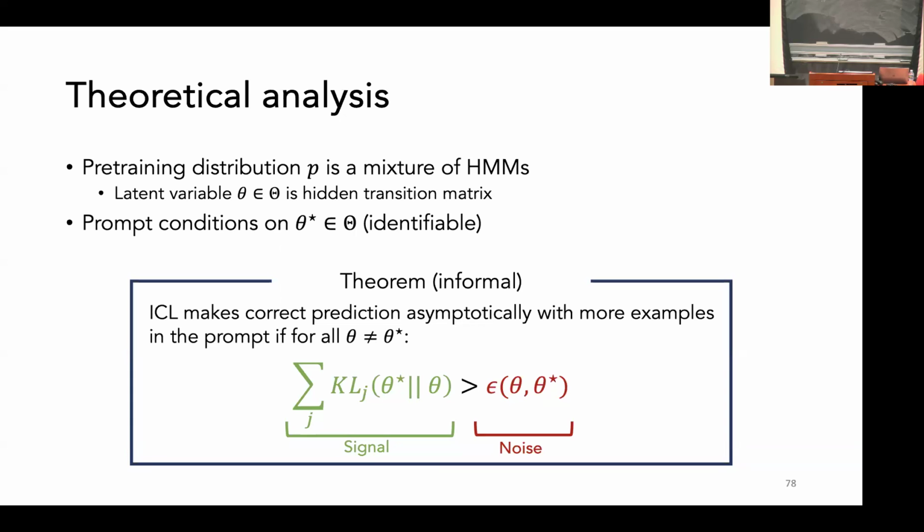This actually provides an upper bound on the KL divergence between that particular latent variable that's not theta star and theta star. So you can use that to show that the outputs are still close to what you would get under theta star. In that case, it's bounded by, for example, the number of tokens in each example, which gives you more signal per example about the latent variable.